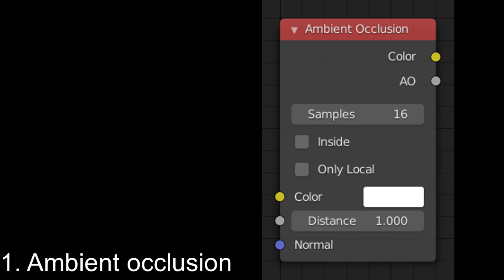Outputs: color, ambient occlusion with color tint. AO, ambient occlusion factor without color tint. Example: